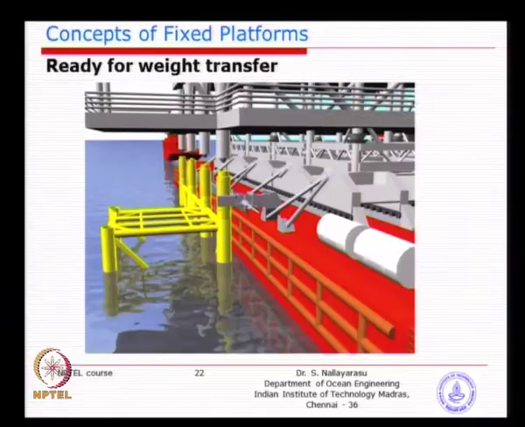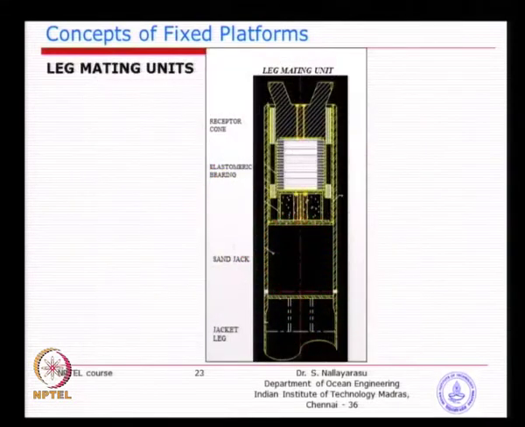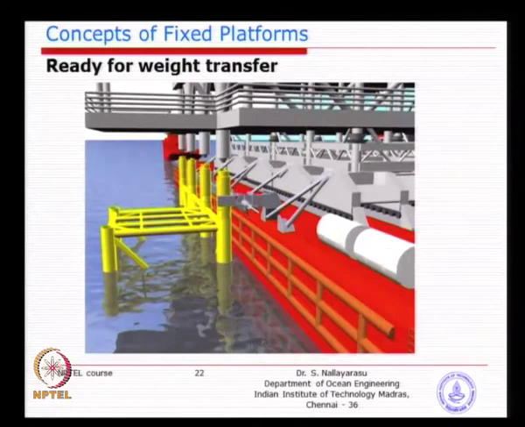So, what we normally do is we place some kind of elastomeric devices inside the jacket leg, so that even if the impact happens, the elastomeric devices will compress, take the energy of impact by internal work done, and transfer the reduced forces to the structure. So, that is the idea behind it. So, you see this next picture, we normally implant it inside the jacket leg. This is the jacket leg, what you see in here.